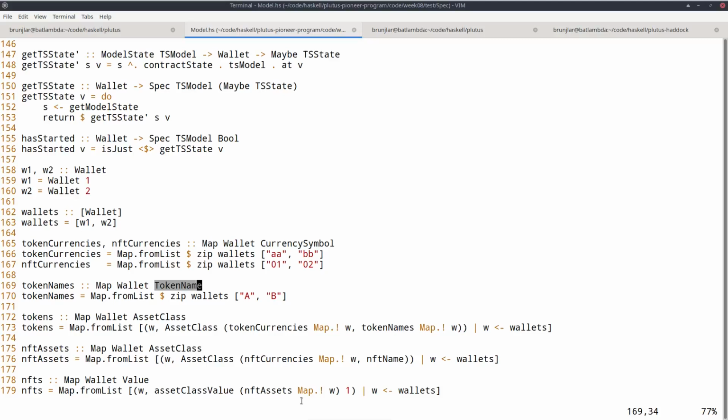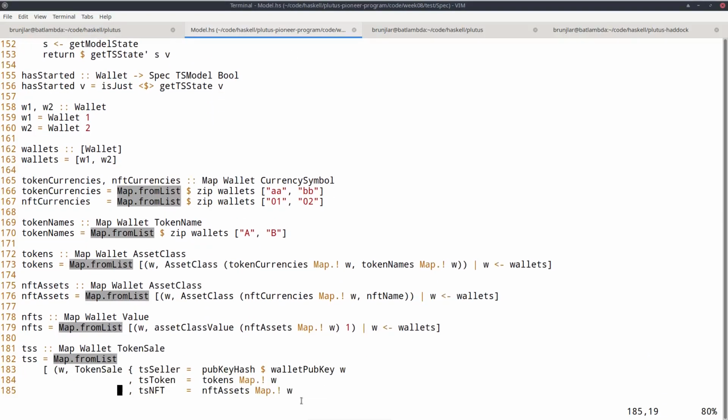Then token names I need for the traded tokens, so I use capital A and B, and then I just define each wallet's token that it trades. So wallet 1 trades the AAA token, and wallet 2 trades the BBB token. And I define the NFTs for the wallets. So wallet 1 will have the 01 NFT and wallet 2 the 02 NFT. And this is again the NFTs, but now not the asset class, but the actual value, so the value of that NFT.